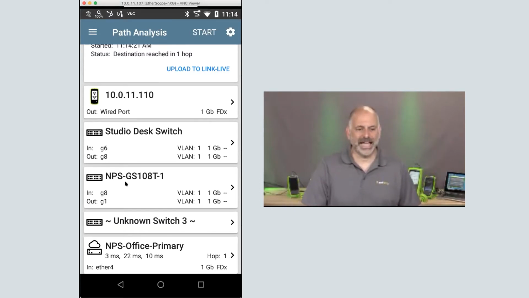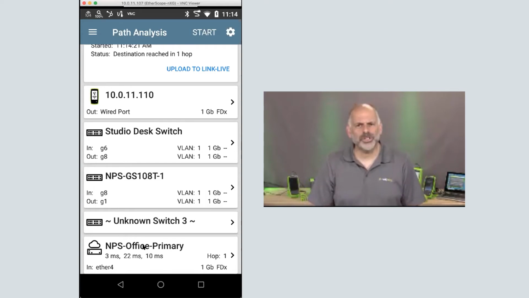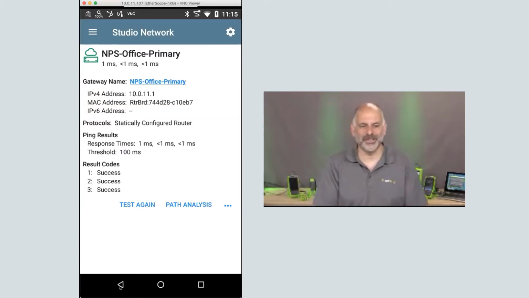We come in gig 8 of the NPS GS108T, which is in the rack of equipment I have right here. We come out port 1. We go into an unknown switch. Then we come in on Ether 4 into my primary router. That is the layer 2 path that I take to my router. I know what switch ports I'm using, what VLANs I'm using to connect there. That is some pretty powerful information, because to get the layer 2 path, otherwise we'd have to start going in